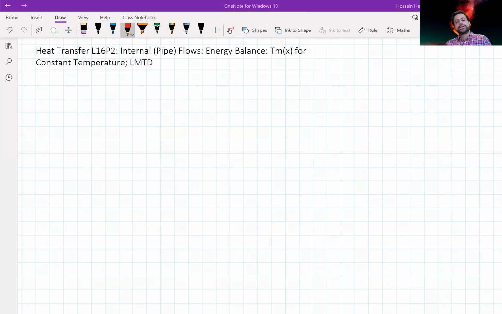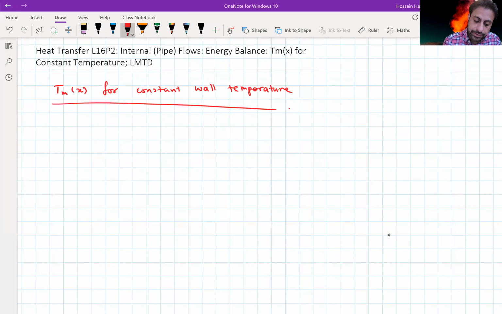Let's look at the variation of the mean temperature with x for the second boundary condition, which is the constant temperature. So here we are looking at Tm as a function of x for constant wall temperature, tube wall temperature. From the energy balance, we get the variation of Tm as a partial differential equation, showing the variation of Tm as a function of x, which was P over m dot Cp